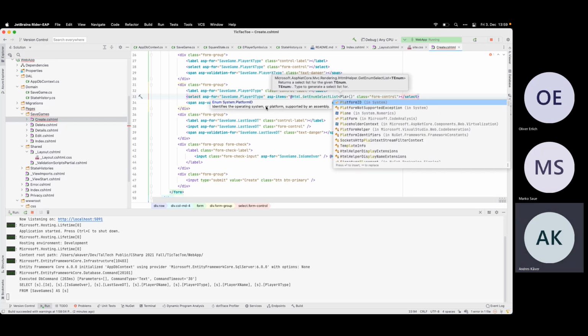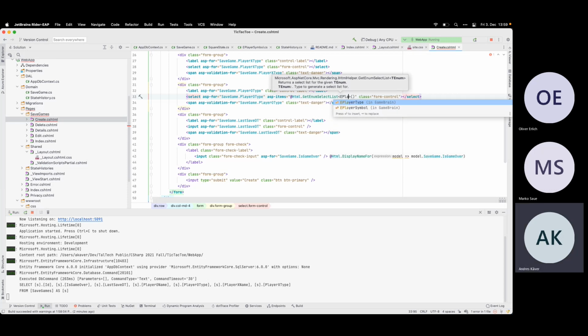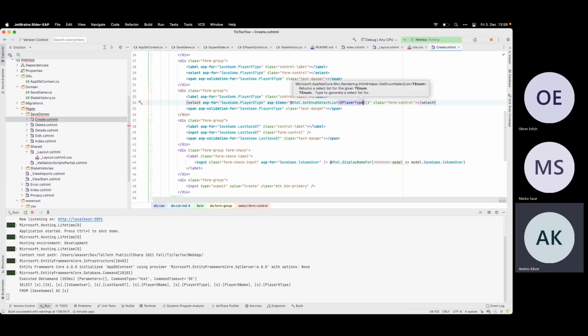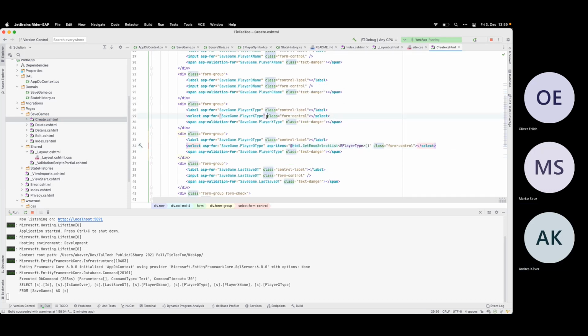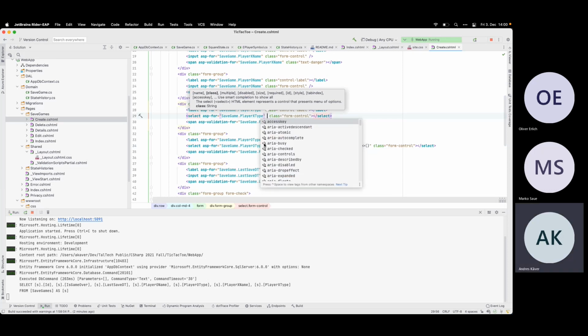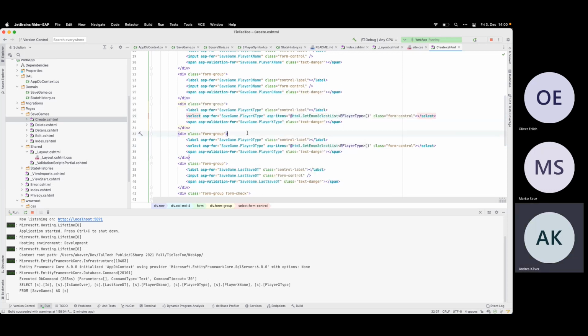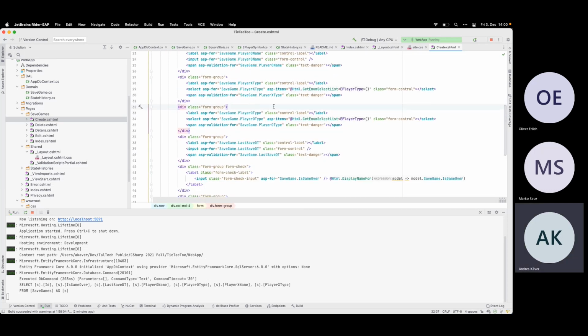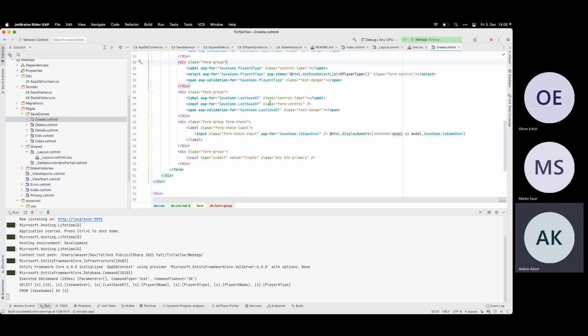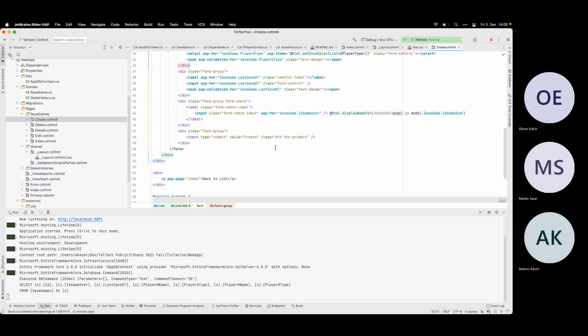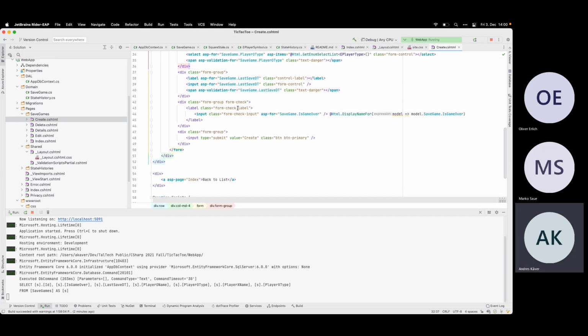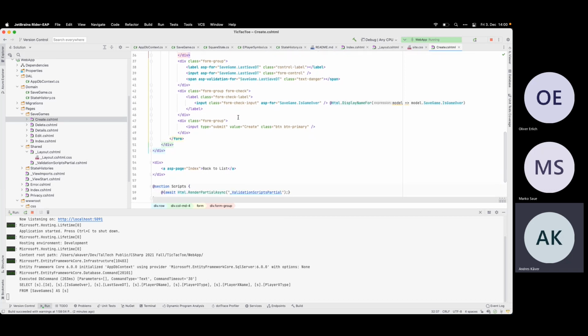Then it's e player type. The same thing here. Those are just the strings. And this is the form check.